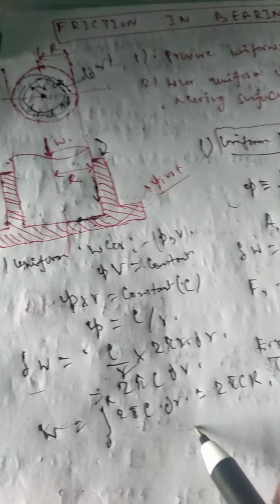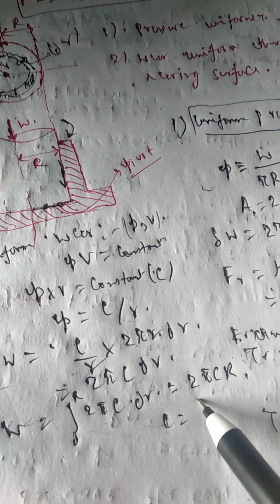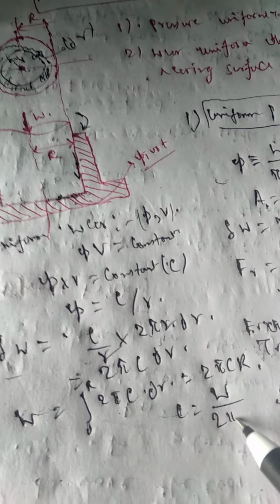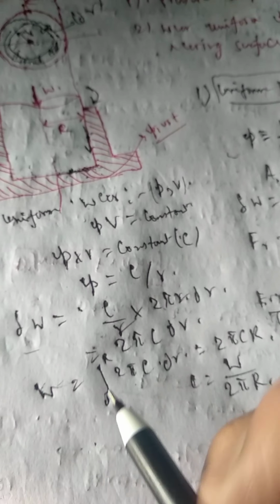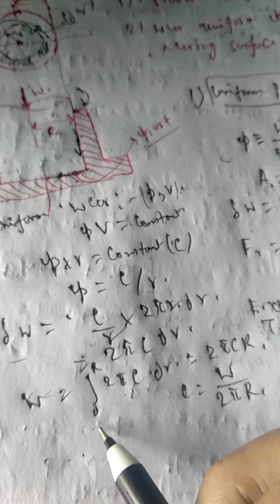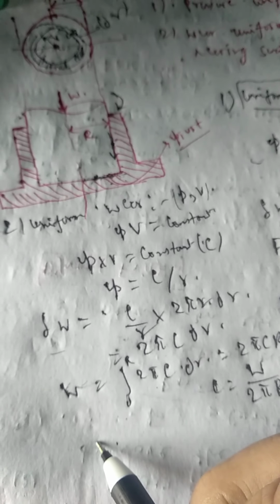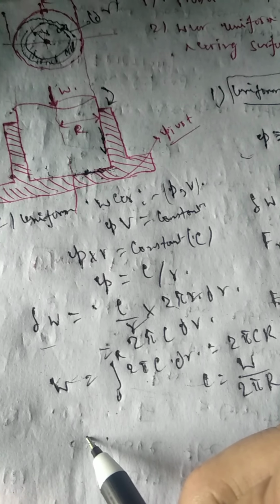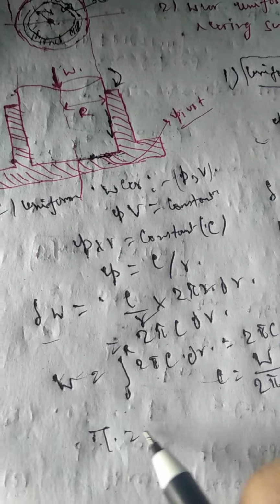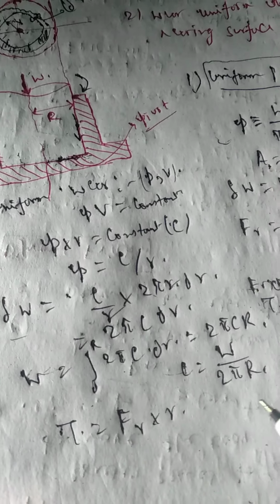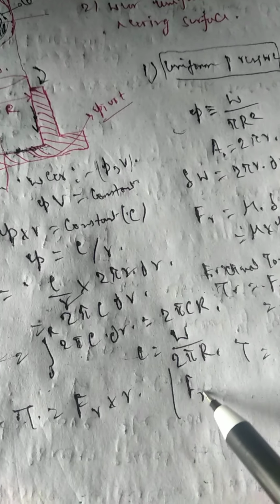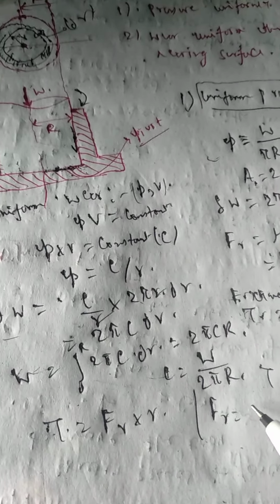and C will come to be W by 2 pi r. In a similar way we will proceed, we will find the torque. Okay, so the value of torque will be, for finding the torque, T is equal to Fr into r. The value of Fr will be the frictional force, mu into N or mu into dW,